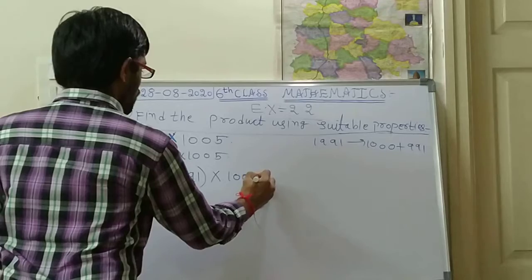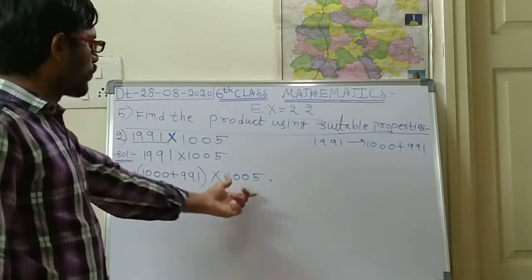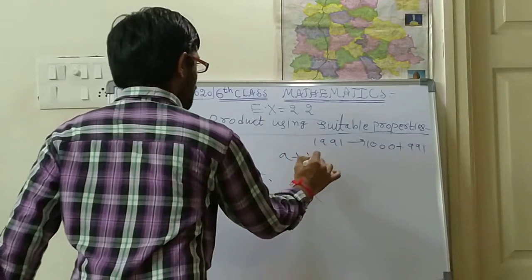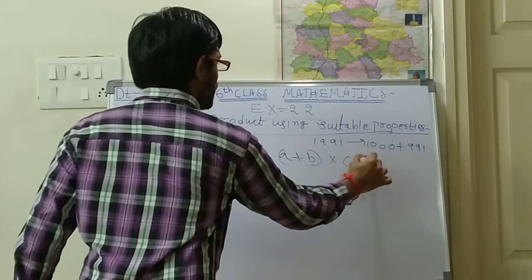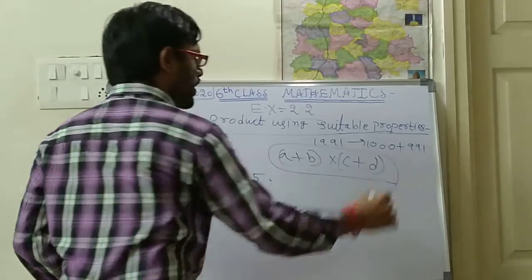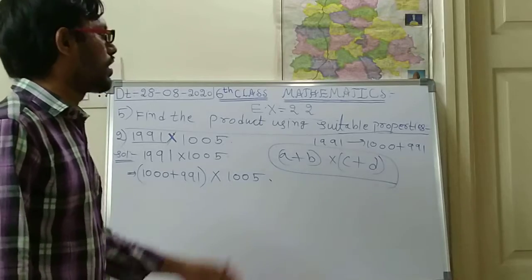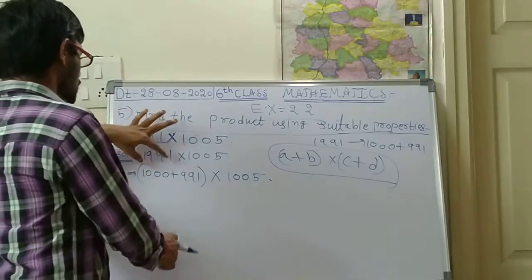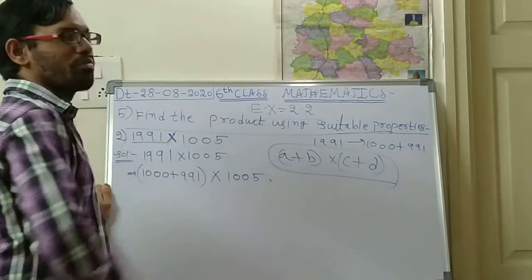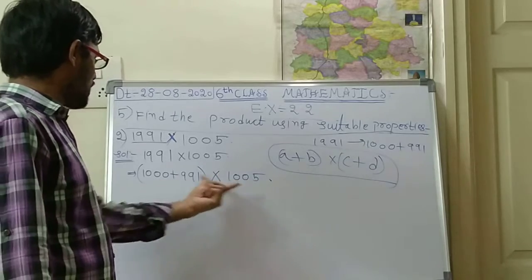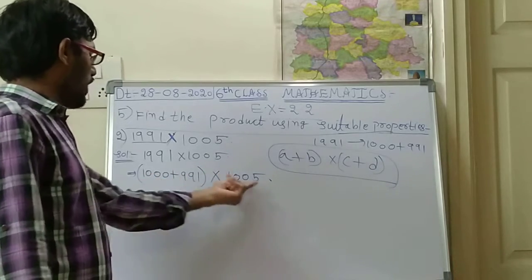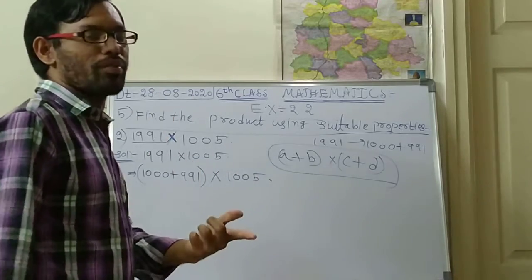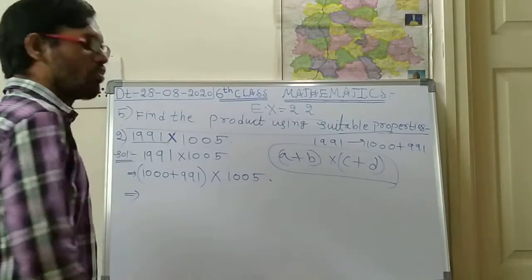So into 1005, because if you separate this one, there won't be any property like (a plus b) into (c plus d). Like this there is no property in the whole numbers. Suppose if you do it, that is your wish, but here you have to get a correct property. So if you do (a plus b) into c, that means a into c plus b into c, like that you can get the distributive property. Okay, so like this you have to do the conversion.